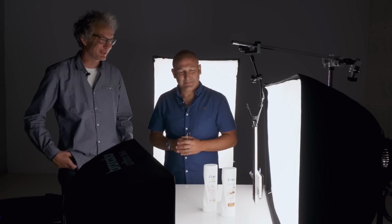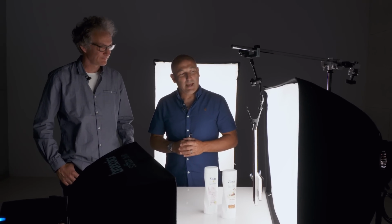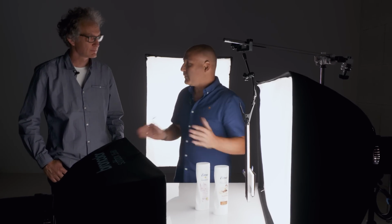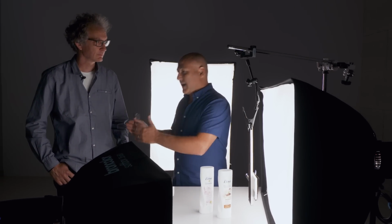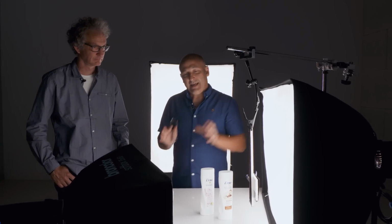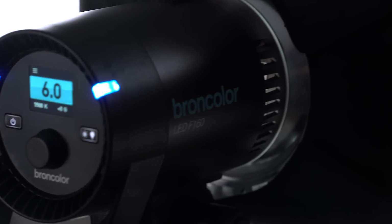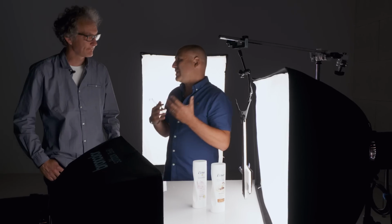Karl, white products, white background. Always tricky. Always tricky, but you have the solution for us. Well, we have a solution, and I'm working a little bit outside of my normal comfort zone because, as you and I, we're both very familiar with working with Studio Flash. Here, we're using the new broncolor LED lights, and quite an interesting way of working because we're working with continuous